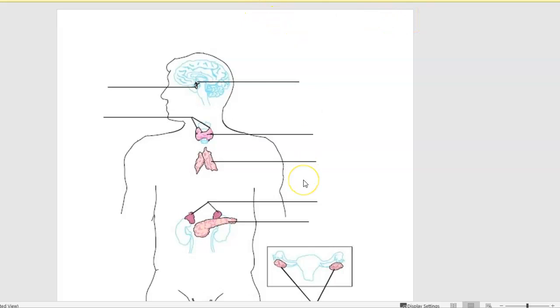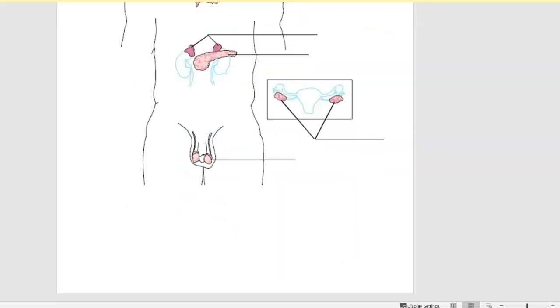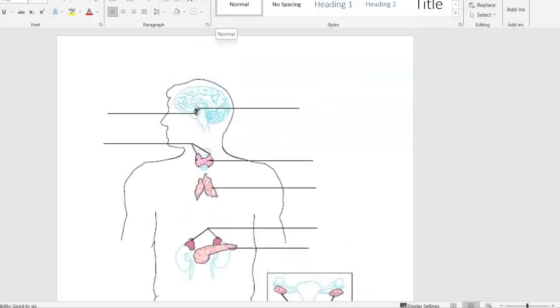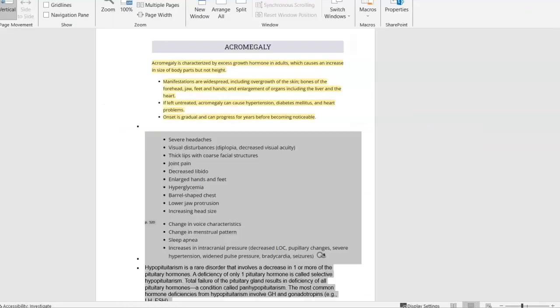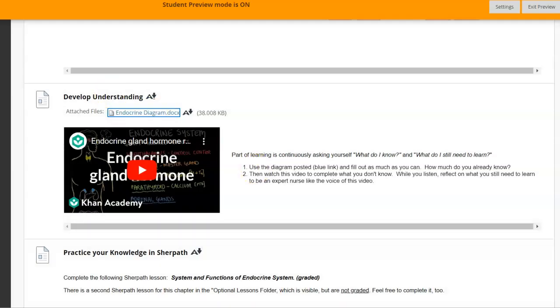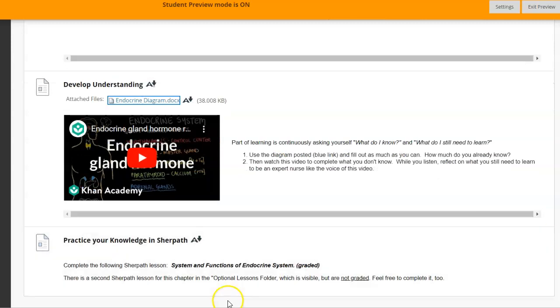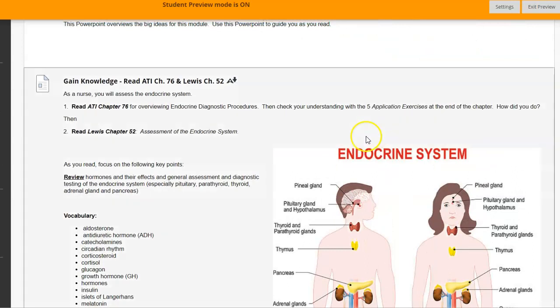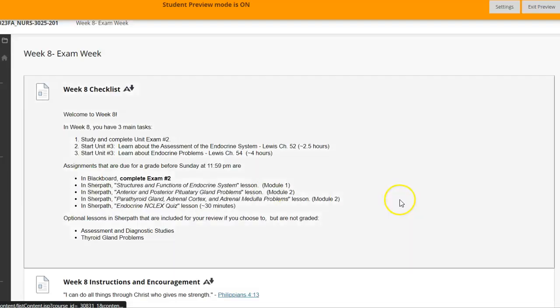And goodness, you've got a picture of it. Also on the home page, and then you're going to watch a video on it as well. In this module, you're going to do the structures and functions of the endocrine system lesson, and it is for a grade. So then we will go back and we will go into Module 2,